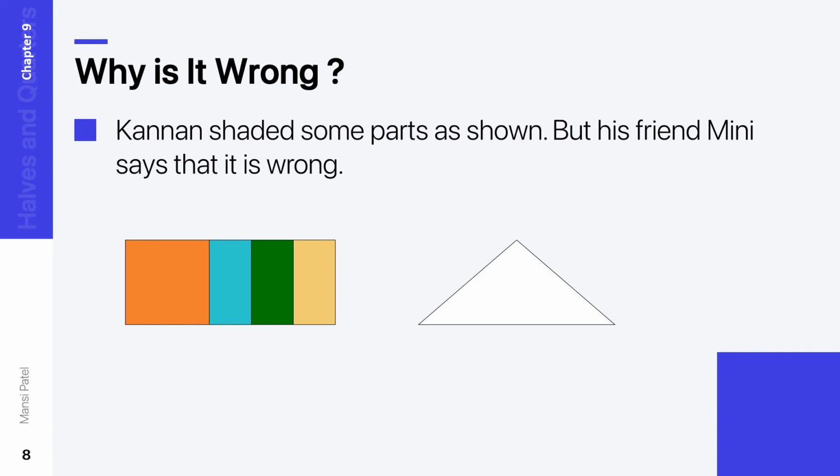Now see here again, this is the figure of a triangle and this figure is divided like this. The same like this, the first, you cannot say this is the right figure. Why? Because in this, you are not supposed to divide this triangle into 2 equal parts. Therefore, this one is wrong.